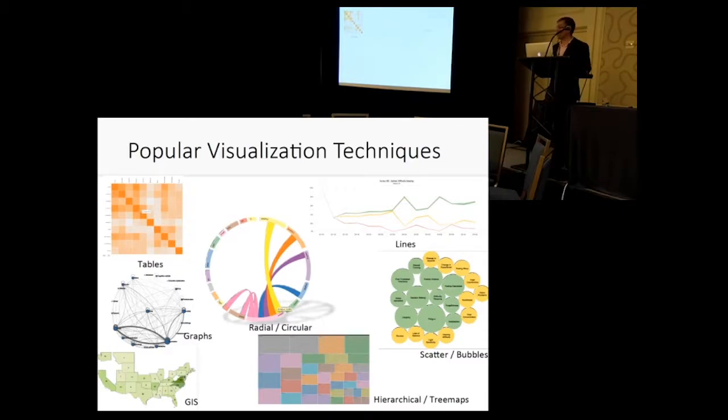For example, tables, lines, scatter plots and bubbles, radial or circular plots, graphs, hierarchical and tree maps, and GIS. We will walk you through each of those visualizations and extensions of those to make sure that,